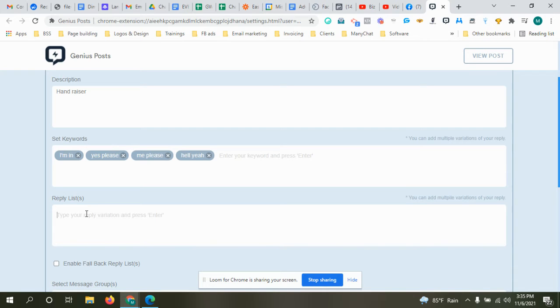But we also want to fly under the Facebook radar and make sure it doesn't come across as a bot or a spam or anything like that. So, what type of replies could I want to leave to the people who've commented any of the keywords above on my post? It could be,